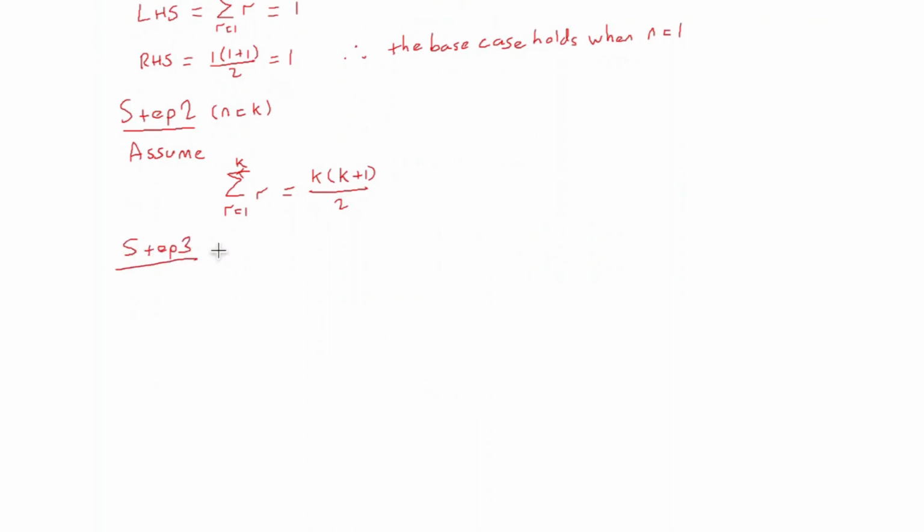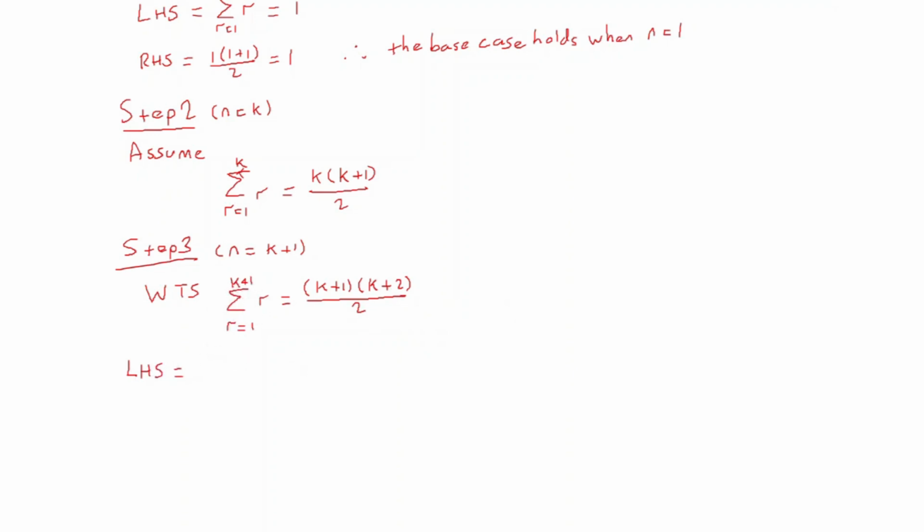Step 3, which is when n is equal to k plus 1. First of all, what do we want to show? We want to show that the sum from r equals 1 up to k plus 1 of r is equal to (k plus 1) times (k plus 1 plus 1), which is k plus 2, over 2. Starting with the left-hand side,